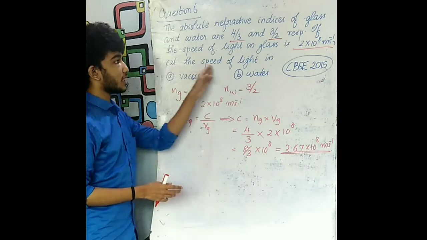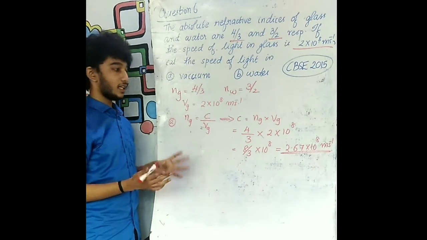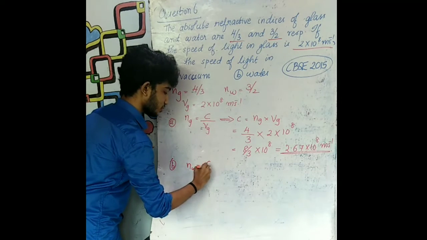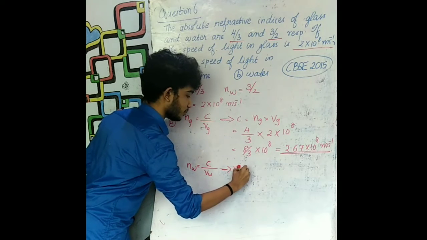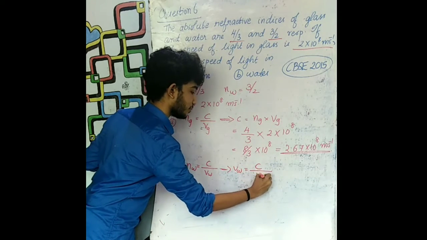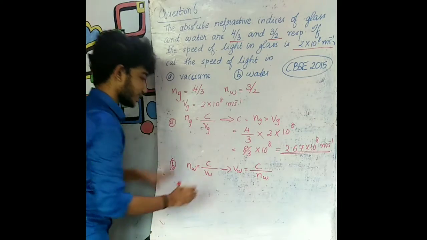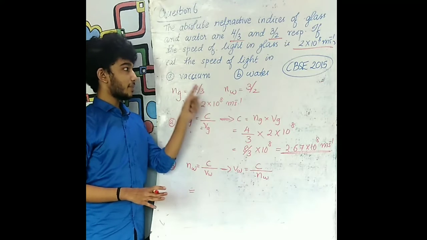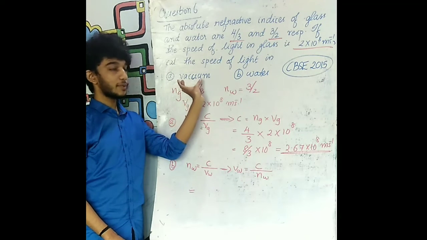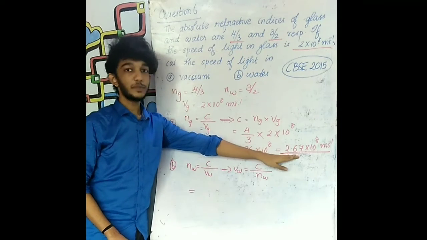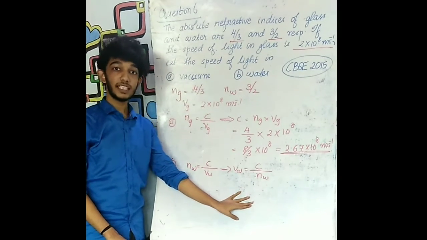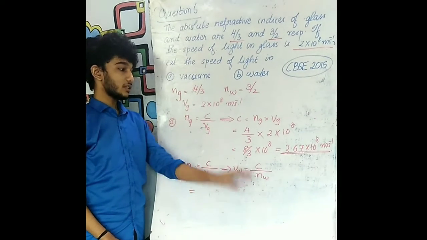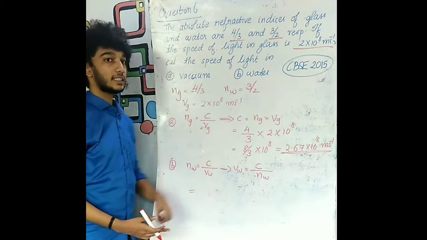Now the next question, what is the speed of light in water they are asking. Here which equation can we take? Speed of light in water. NW is equal to C by VW. Therefore, VW can be equal to C by NW. Speed of light in water is equal to, here also C value, usually we will be taking it as 3 into 10 raised to 8. But in the question, it is already asked to find the speed of light in vacuum. Hence, this value we are supposed to take when doing the next part of the same question. So, what is that C value? 2.67 into 10 raised to 8. So, this part we can take because we may be able to cancel sometimes.